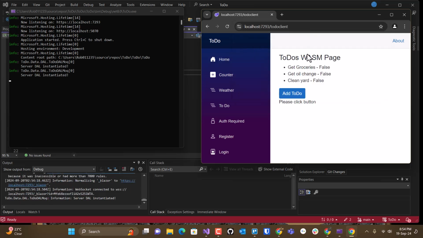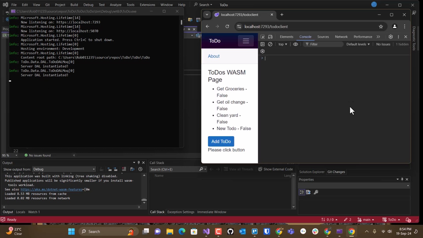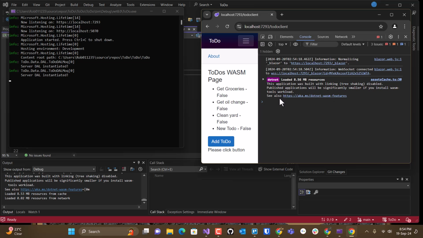And watch, it's almost instantaneous. And you can see the data access layer on the server is initiated. If I go to F12, you can see here in the console,